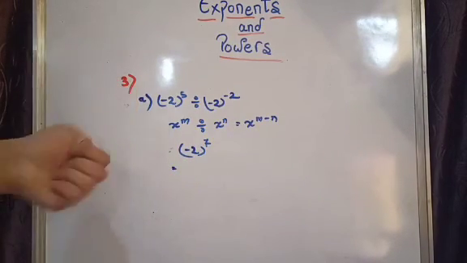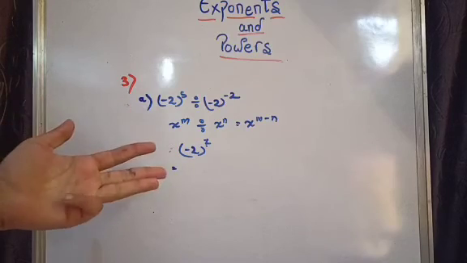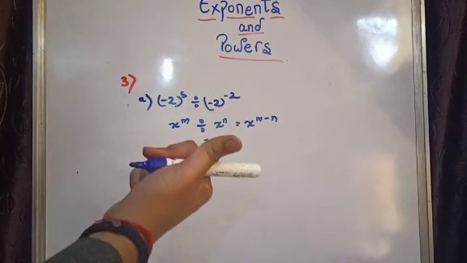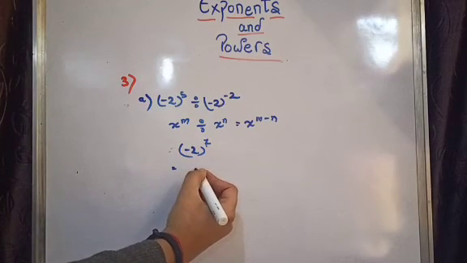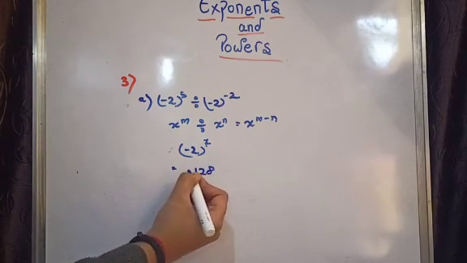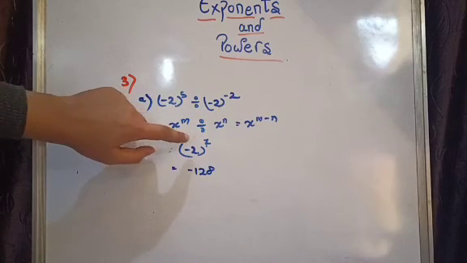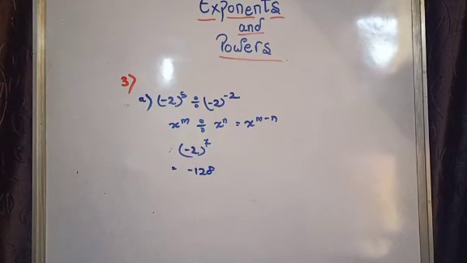which will result as 2 to 4, 4 to 8, 8 to 16, 16 to 32, 32 to 64, and 64 to 128. This will result as 128. The minus will stay because the minus is with the odd power. If it were an even power, the minus would be removed. And our A1 question has been solved.